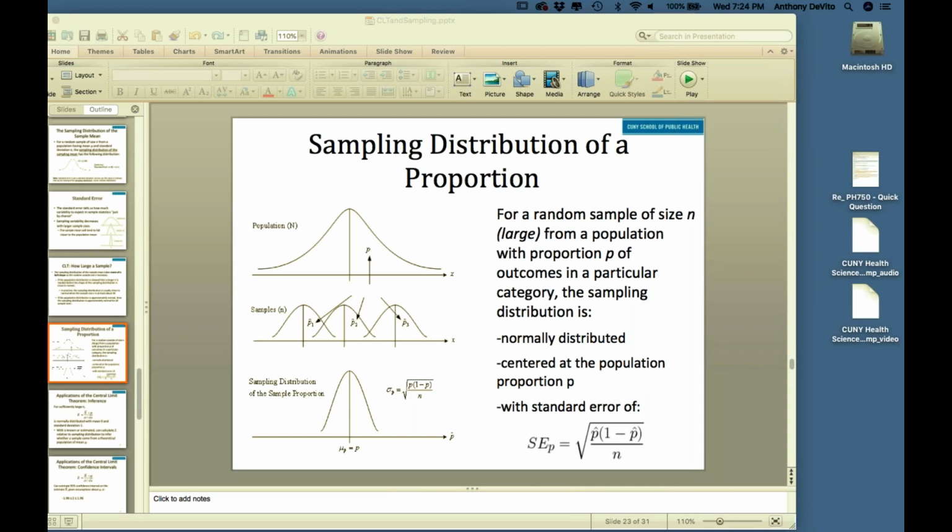Okay, so if you go ahead and you take your sample, the proportion of people in the election that are going to vote Democratic is unknown. You're not going to know it until it's actually counted. However, if you take a sample of size 100, and 54 out of those 100 people tell you they're going to vote Democratic, the proportion of the people in that sample that are going to vote Democratic is 0.54 or 54%.